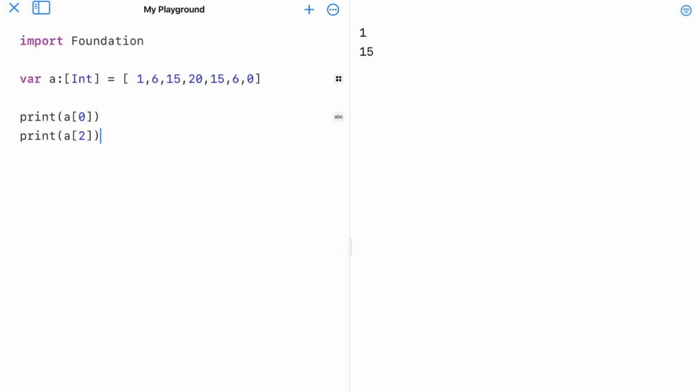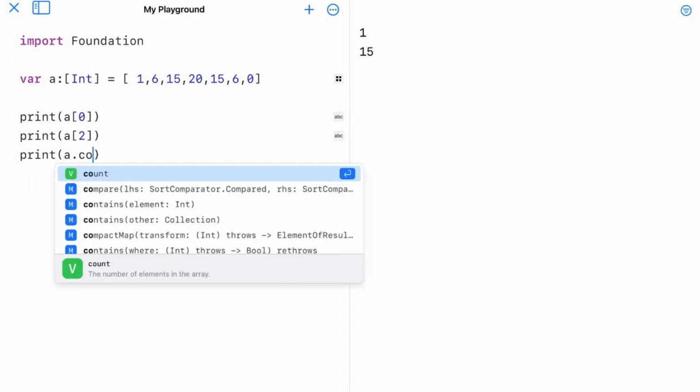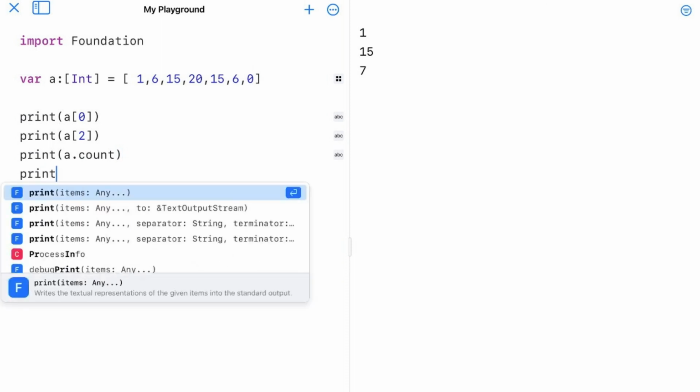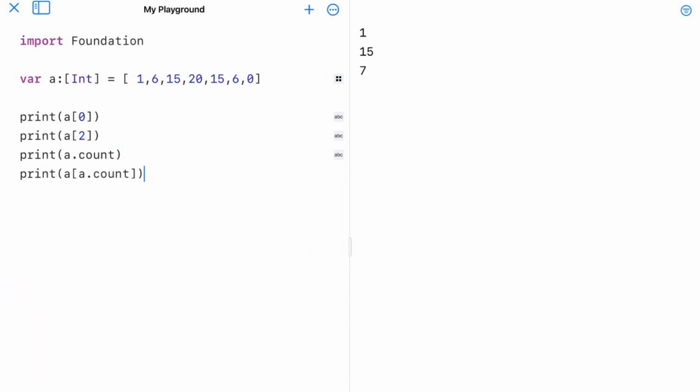Arrays have a few methods you'll want to know. The most important one is count, which returns the number of elements in the array. So for example, print a.count, if I run that, I get that there are 7 elements in this array. Now what happens if you do this though? So what am I doing here? I'm printing the element at the count of the array. And if I go ahead and run that,